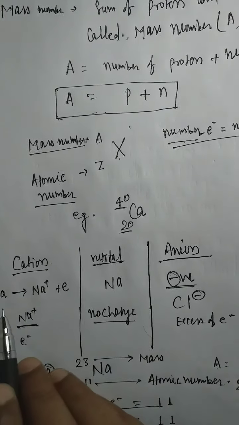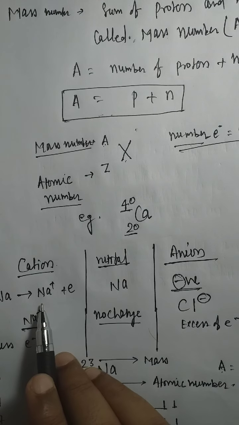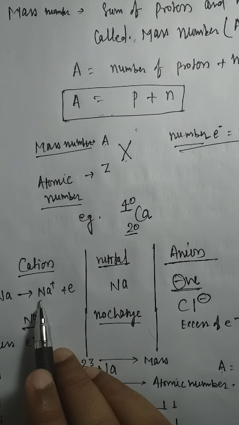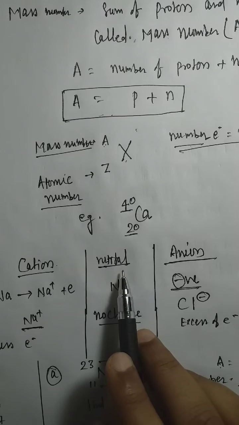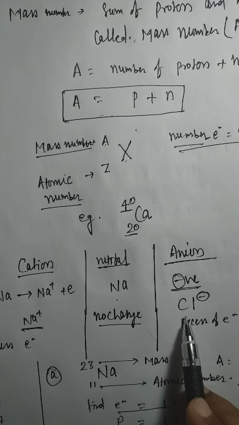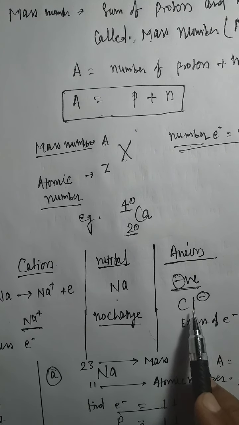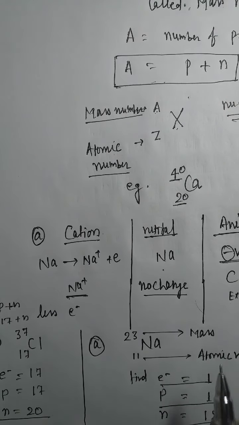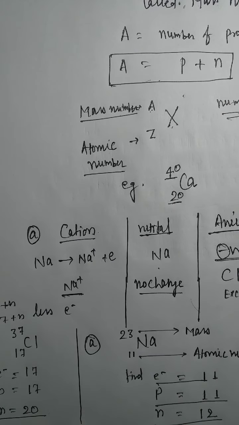And we take examples: first we take the cation, sodium plus. We may say sodium plus, right? Next is sodium normal, where no charge is carried by sodium. Anion is chlorine minus, the element which has a tendency to receive electrons and convert to octet state, that is called anion, right? So according to this, we take the next series of questions, like sodium, how you calculate the number of electron, proton, neutron.